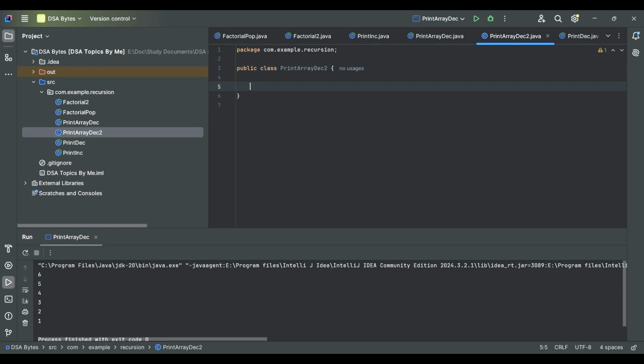So here we will create another program. Yeah, another program to print array in reverse order, but with another approach. Let's initialize the array. And then print array